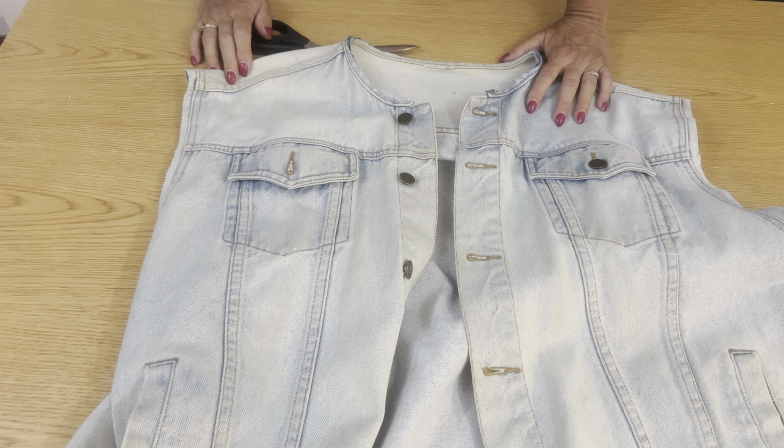You can see I'm just taking a little teeny tiny bit off, because I don't really want to change the look of the jacket, and actually the size is pretty good circumference wise. So I went around each of the facing, the front plackets and the bottom, and took off little tiny strings of edging. And again, if you don't want it to keep fraying,